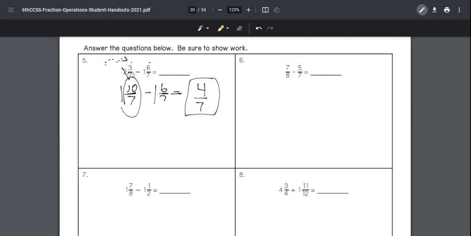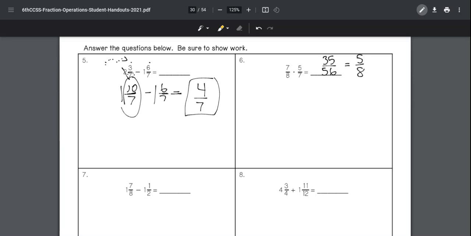All right, number 6, 7/8 times 5 sevenths. If you multiplied straight across, you would have got 35 over 56, which is a good answer, but it can be simplified. There is a 7 in common between these two numbers. How many 7s make a 35? 5. How many 7s make a 56? 8. Now, if you chose to simplify beforehand,